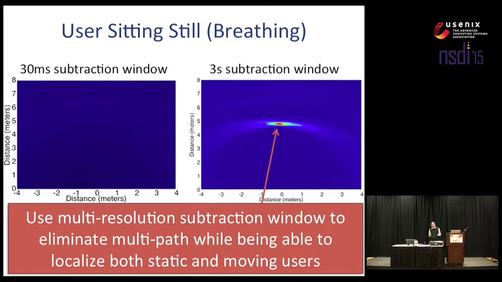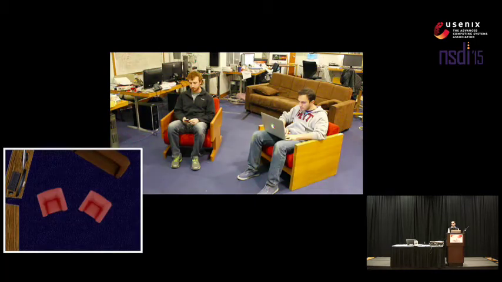And now that I have described to you the basic components of our system, let me show you a video of how it works in practice. In this video, we're going to start by having two users who are sitting down on chairs, and the output is shown in the bottom left corner. Now, because these users are sitting, we're going to be exploiting their breathing motion in order for us to localize them. So it will take us some time after I play the video.